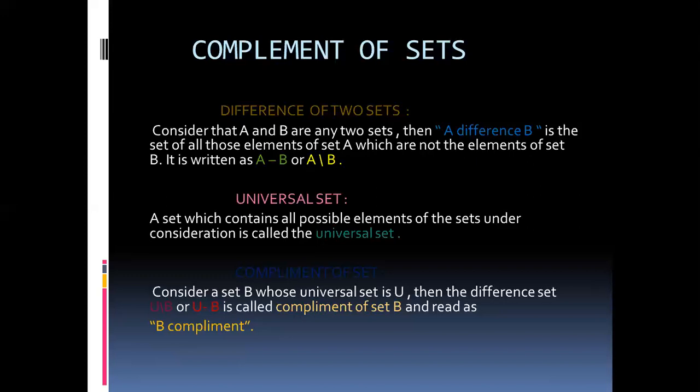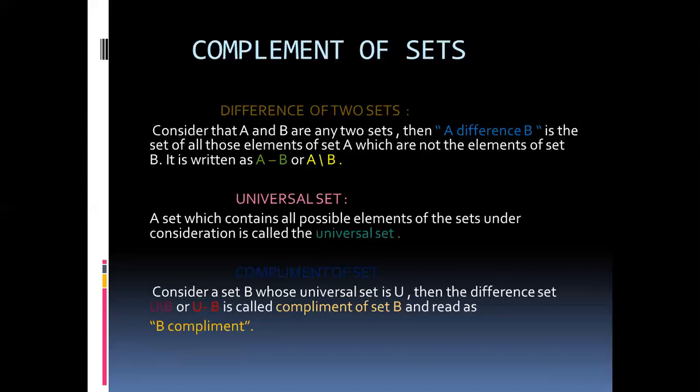Then what is complement? For the complement of a set, we always need the universal set. And what is the universal set? The universal set is the biggest set under consideration. Under consideration means the question you are doing; the biggest set is called the universal one. When we take the difference of any set with the universal set, this is called the complement. The definition is the same as the difference: all the elements of U which are not present in that set, but we represent it with the complement. We write A dash or A^C, B dash or B^C; both have the same meaning, complement.